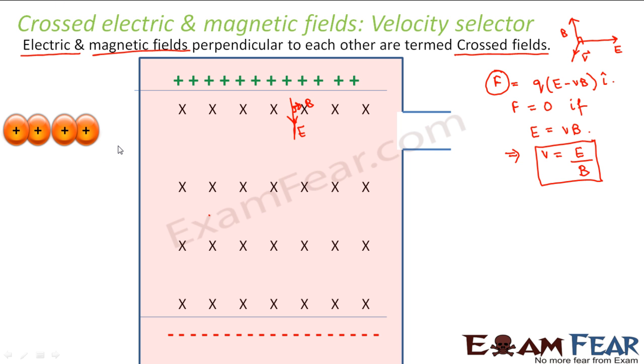We can make such an arrangement of electric and magnetic field and we can make all the particles move through those fields. So whatever particles go undeflected, they all are moving with the same velocity, right? So in this case, if you see, the first particle is going and it is getting deflected, because it experiences a force due to this electric and magnetic field. The next particle comes and it goes straight. That means the velocity of this particle is equal to E by B, because of which it is not experiencing any force and it is going undeflected.